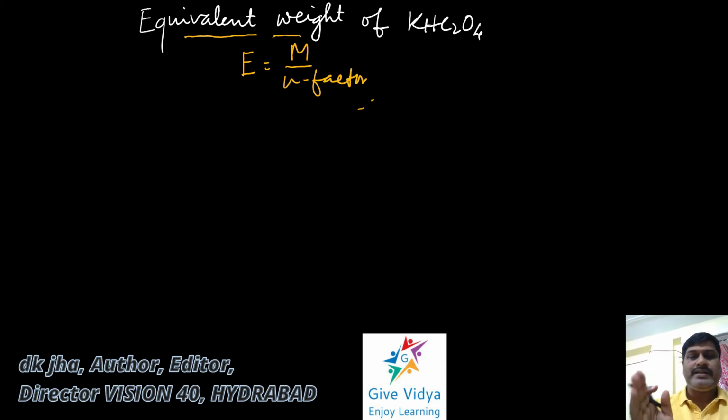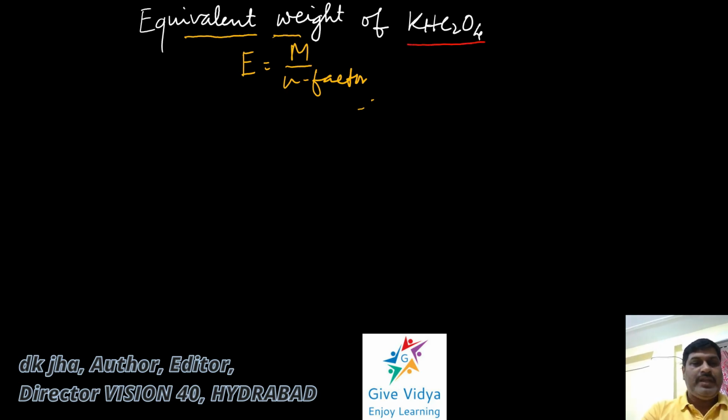So n factor is calculated in different conditions in different manners. Although one thing be clear: n factor is the number of moles of electrons lost or gained per mole of the substance. Sometimes you find it as a total positive charge, sometimes in the salt especially, sometimes as replaceable hydrogens, sometimes replaceable hydroxyl ions, HO minus, and all that. In different conditions we take different ways to find the n factor. Here we take the different cases of the